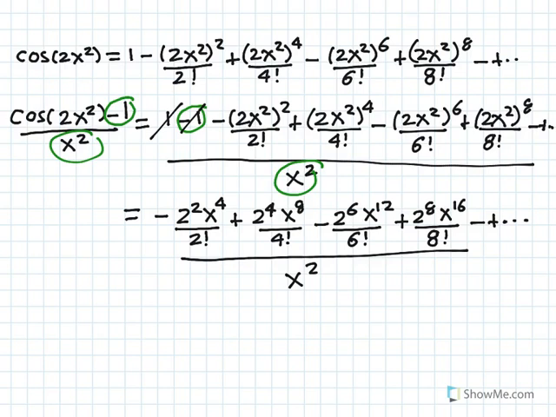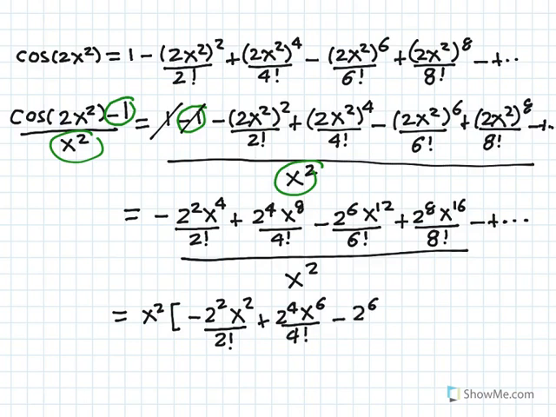Now let's factor out x squared from the numerator. If we factor out x squared from the numerator, we get x squared times minus 2 squared x to the power of 2 divided by 2 factorial plus 2 to the power of 4 x to the power of 6 divided by 4 factorial minus 2 to the power of 6 x to the power of 10 divided by 6 factorial plus 2 to the power of 8 x to the power of 14 divided by 8 factorial, all divided by